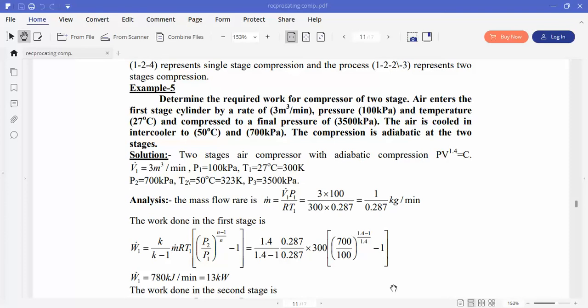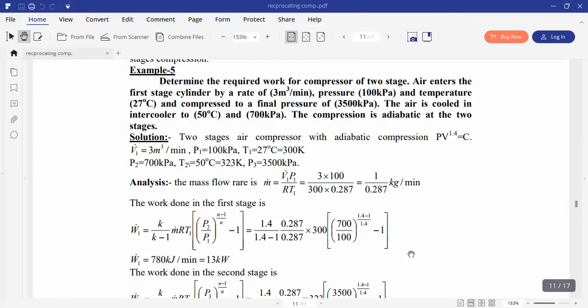Analysis: the mass flow rate is m dot equal P1 V1 dot by R T1 equal 3 into 100 by 300 into 0.27 equal 1.287 kilogram per minute. The work done in the first stage is W1 equal n by n minus 1 m dot R T1 (P2 by P1) to power n minus 1 by n minus 1, and by substituting the known values we can get that W dot 1 equals 780 kilojoule per